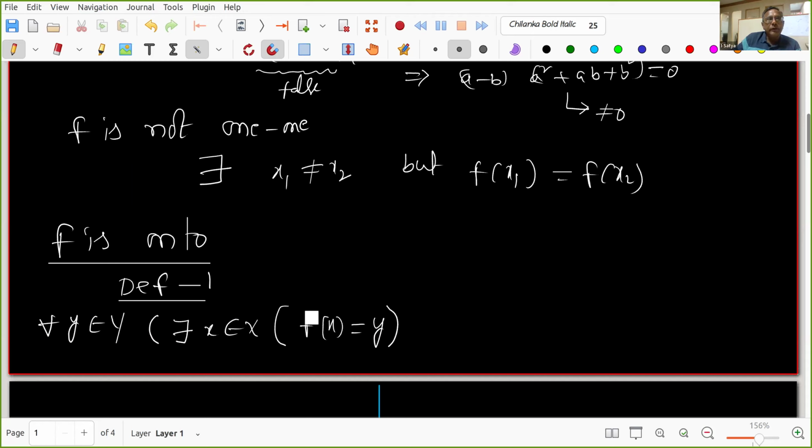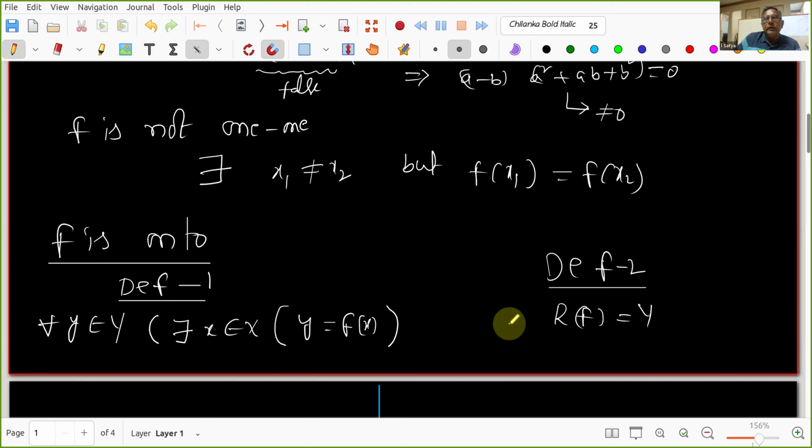Or y is equal to f of x is better. Okay, right? Y is equal to f of x. What is the definition 2? Definition 2, one of you told that the range of f is equal to Y. That is the same as this: y belongs to Y means y belongs to range of f. Y belongs to range of f means there exists an x such that y is equal to f of x,